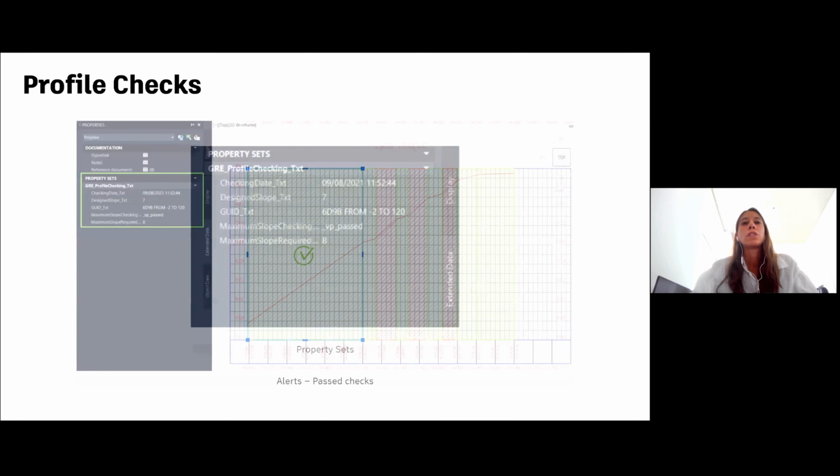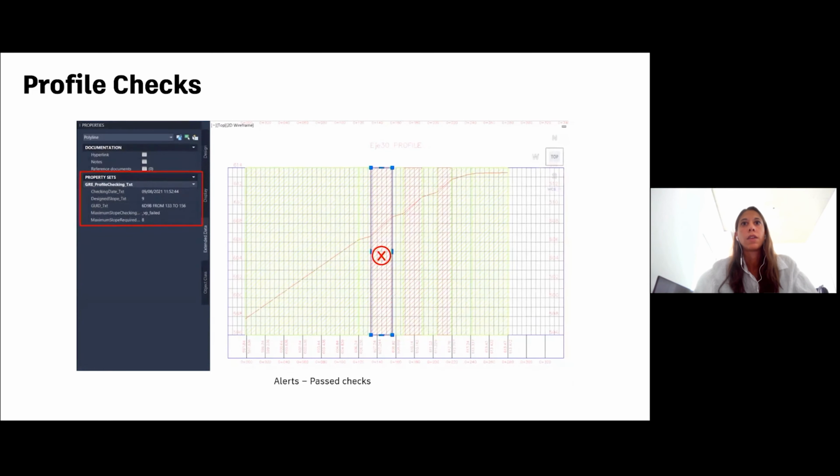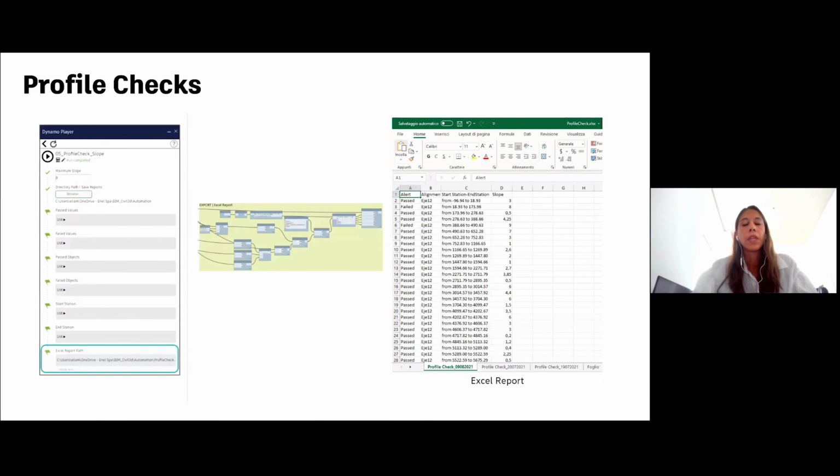Then we have this first example that shows the area in which the slope passed the check, again here in green. And then the second example that we can see after is for the failed ones in red here. With the same logic as before, the path where the Excel report is saved is shown as output of the Dynamo Player.